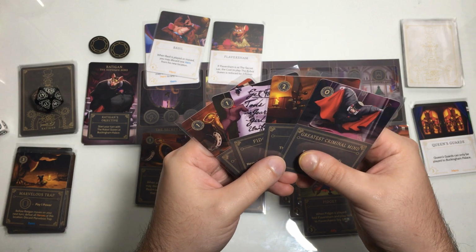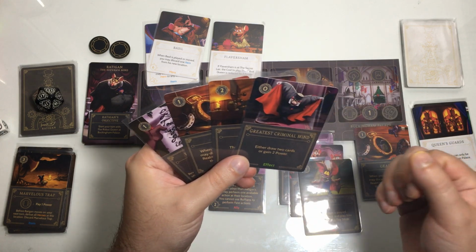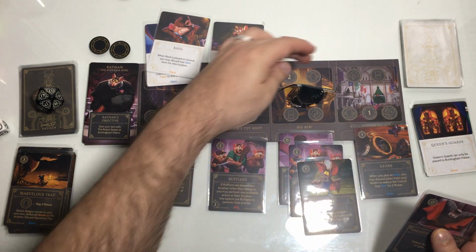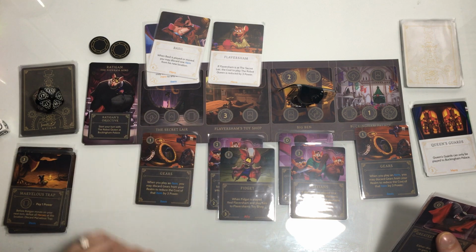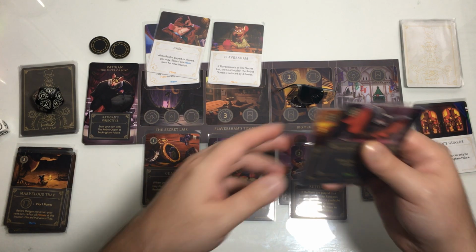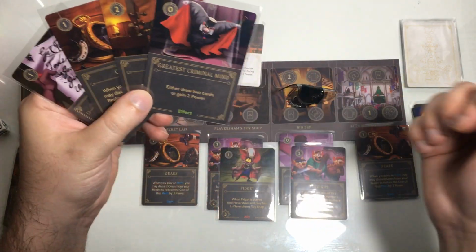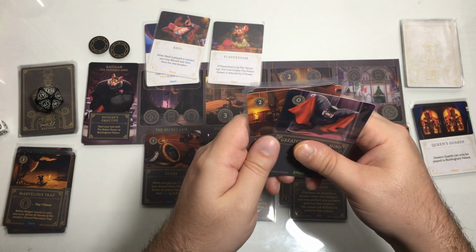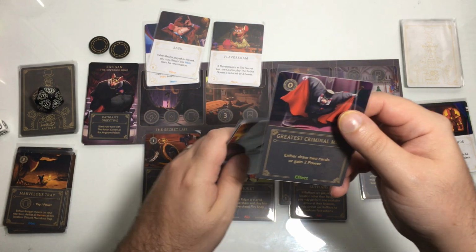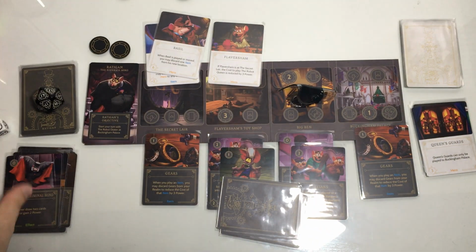So what I will do, though, is, well, what I'll do is I can move a card. So I'm going to move this ally here. Yeah, it has to be an adjacent space. And then I will play, you know, I'm going to play Greatest Criminal Mind to draw 2 cards. So that's what you can do. You can either draw 2 cards or gain 2 power. It doesn't cost anything. I'm going to use it to draw 2 cards because